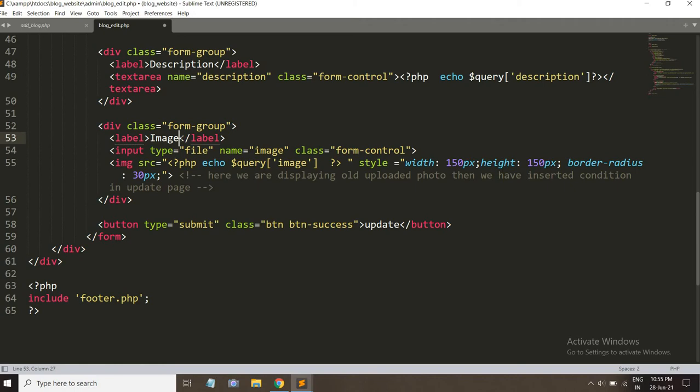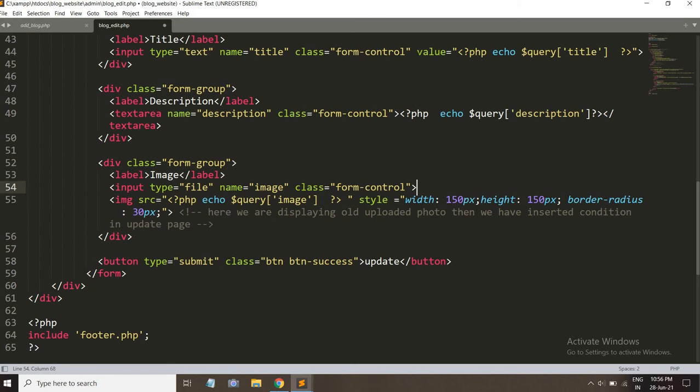And here comes the image part. Okay, so what we are doing here, you will see that we have simply written that statement which we write when we are simply inserting the image. See, we have not written here that value part which we write. So our idea is like that. You simply treat it as a new line, means if you want to insert the image, you can insert. And see, here by using the value or using the PHP query, we have displayed the data which the user has entered. So doing the same thing here,